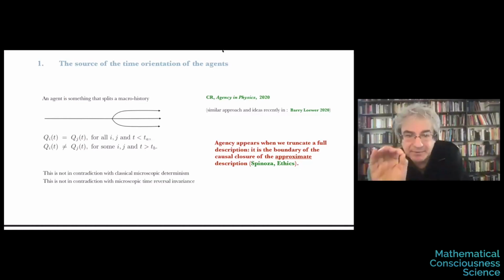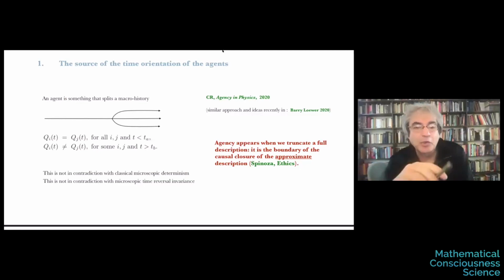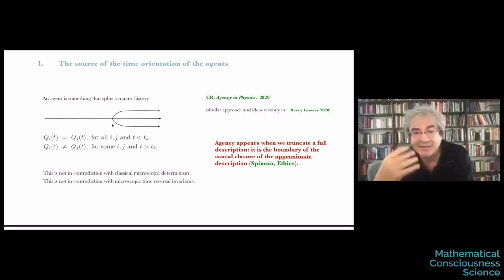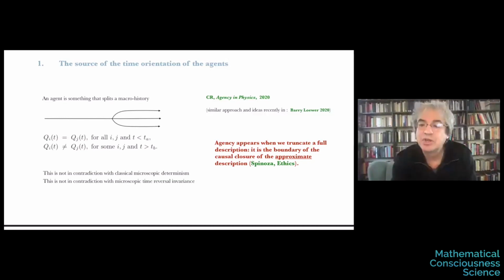And let's be more precise here. The macroscopic story makes sense because to some extent it is causally closed. You can give a causal story of what happens. So before the time TA, the macroscopic evolution, let's suppose we have some dynamical theory that tells what happened, and so after the time TB. In between, the macroscopic dynamical story breaks down because there's agency, because somebody chooses freely. But of course, there's nothing strange if it breaks down because it was an approximation, right? So what is agency is the boundary of the causal closure of the approximate description of